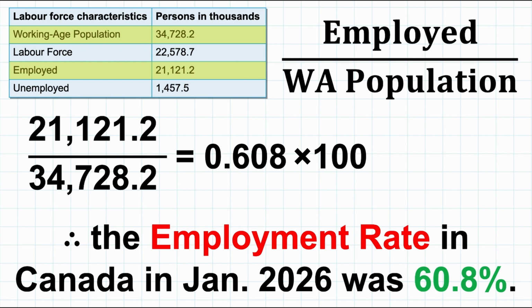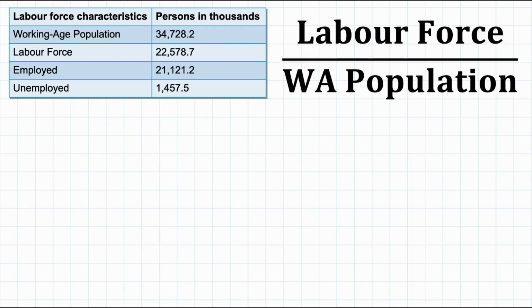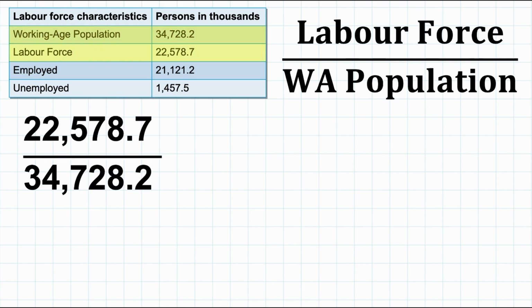Finally, let's look at the labor force participation rate. The formula for the labor force participation rate is the labor force divided by the working age population. And this tells you how many people who are of age in your country to work are actually in the labor force. The formula needs these two pieces of data, and I'm just going to plug them into my formula as so,